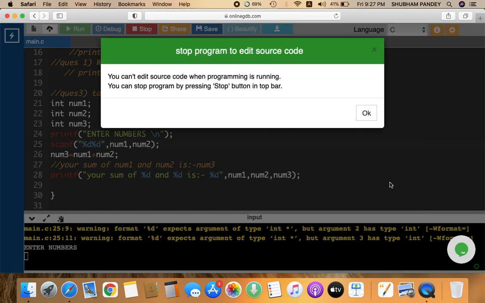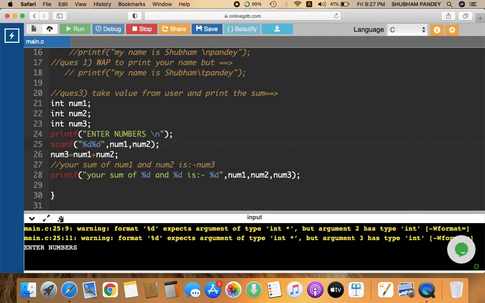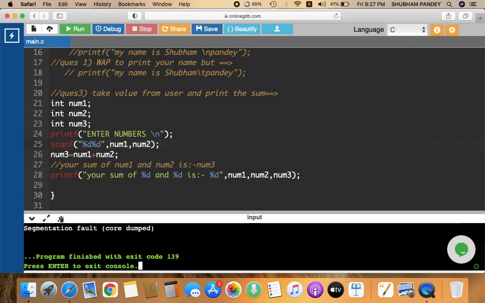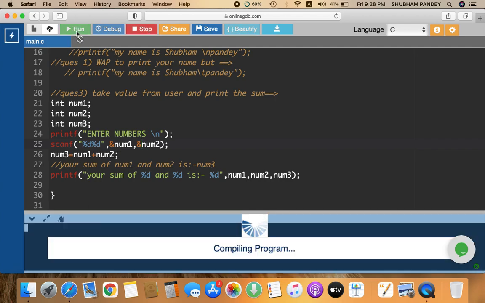Sorry, since it was running, we first have to stop it. Now the error is shown, compilation is done, and I am going to correct my code. So I have to use the address symbol here and the address symbol here also. I will tell you in detail when we discuss pointers in upcoming lectures. Now run the code.